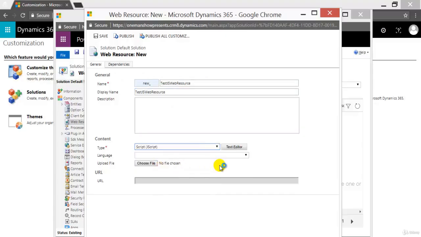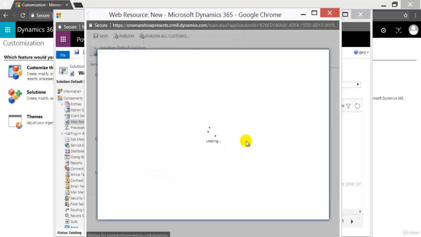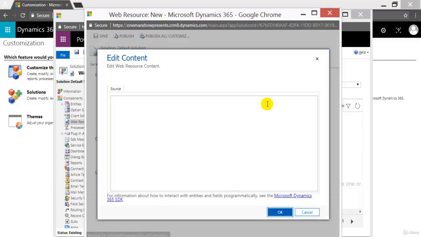I will select JScript, and in language also I will select English. If I want to write any code, I can write it over here, otherwise I can simply choose a file. What I will write is a simple JavaScript